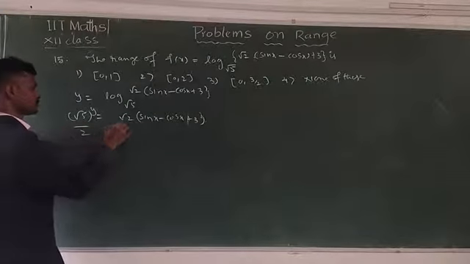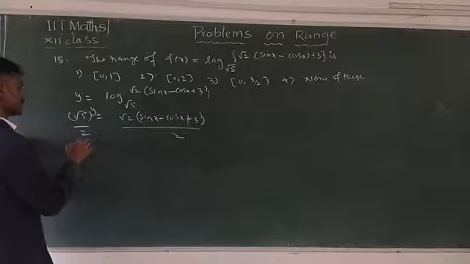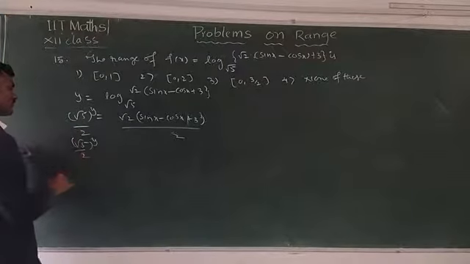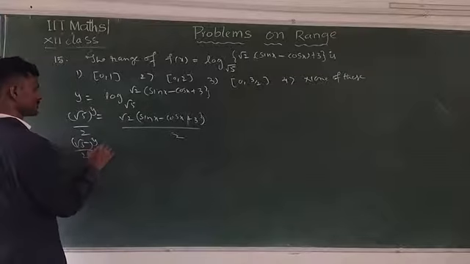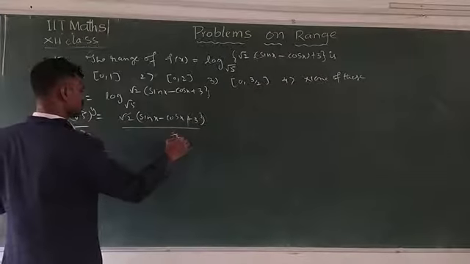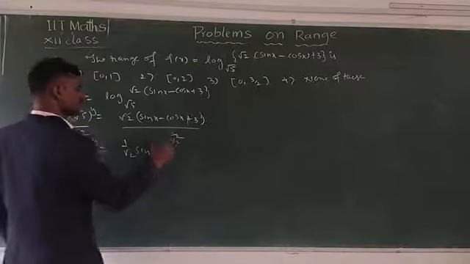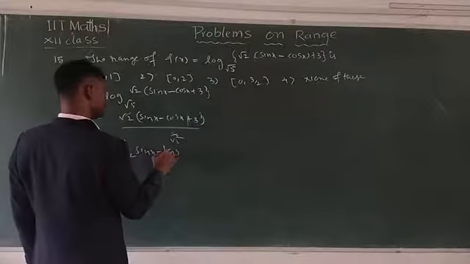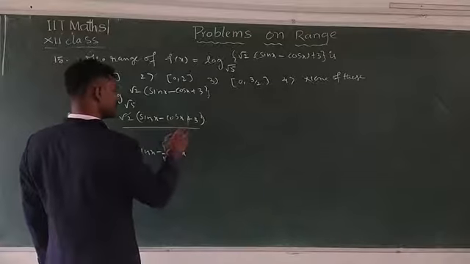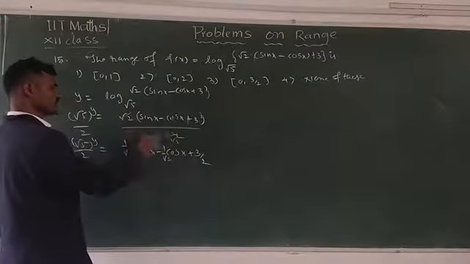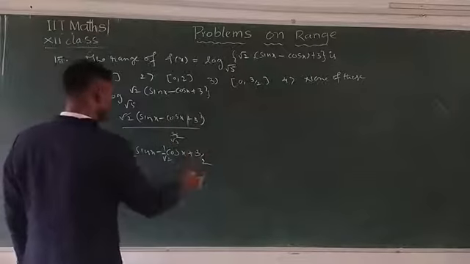Now this is 2. Then what happens? See here, this is root 5 by 2. Root 5 power y by 2 is equal to, this is root 2 times cancel, then 1 by root 2 into sin x minus 1 by root 2 times of cos x, but here this is written as 3 by 2. This is cancellation only for this term, not this term. That's why you can write here 3 by 2.